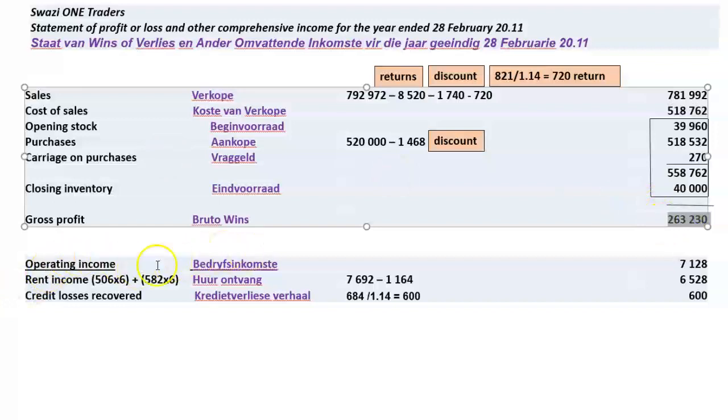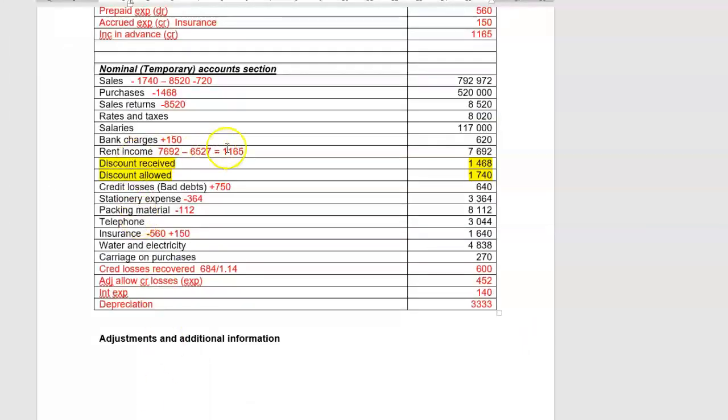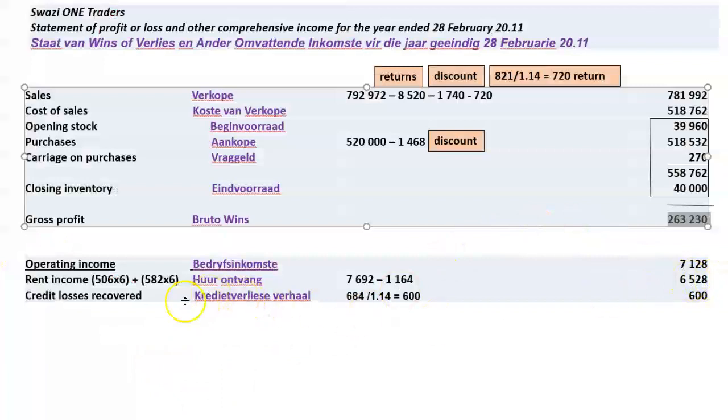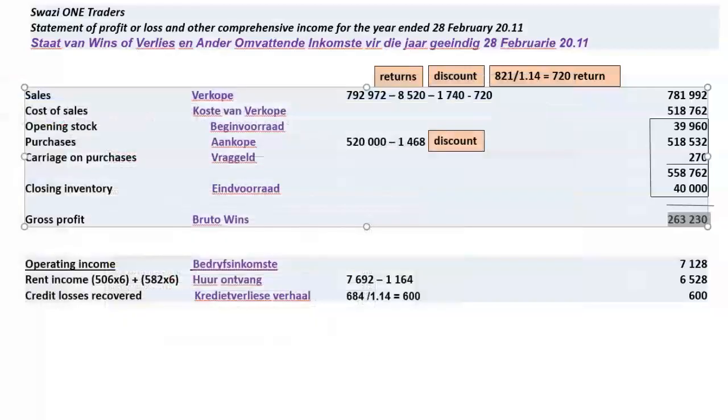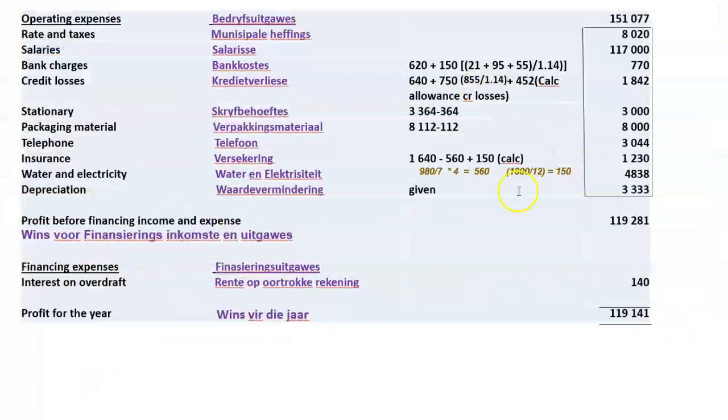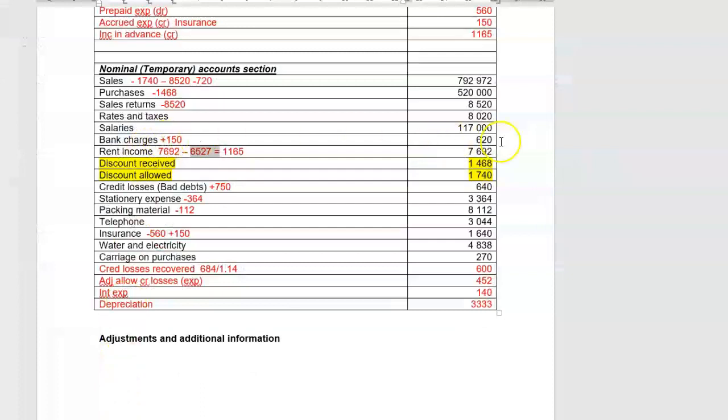Then our other operating income, the rent income, is the one that we've calculated. So rent income was 6,527. It's just a 1 Rand rounding difference, 6,528. Our credit losses recovered, 600 Rand. If we go back here, credit losses recovered, 600 Rand. That is up to there. Then our operating expenses, rates and taxes is exactly the same. Salaries, no adjustment entry, exactly the same. Bank charges, if you go back, bank charges was 620 plus the